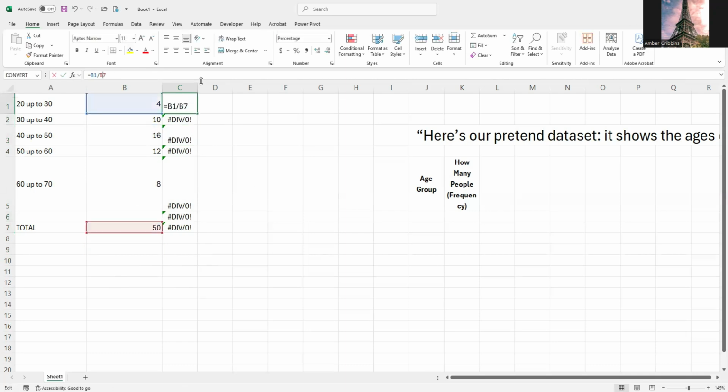So what I'm going to do is I'm going to hit the F4 key. And now these two little dollar signs are going to force it to go down and grab the same cell each time. Let me do that again so you can see it. I click right here on this B7. And I usually do it in the middle. I mean, you could probably do it on whatever side. It's just my comfort zone. I'm going to hit the F4.